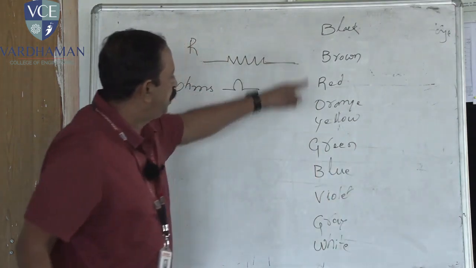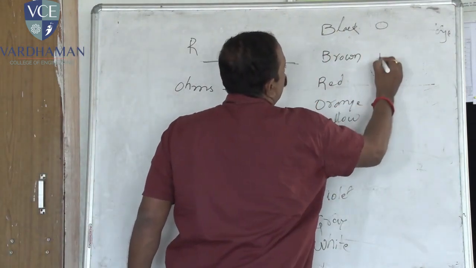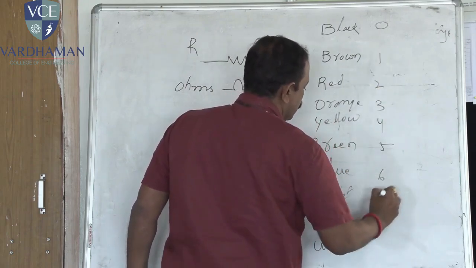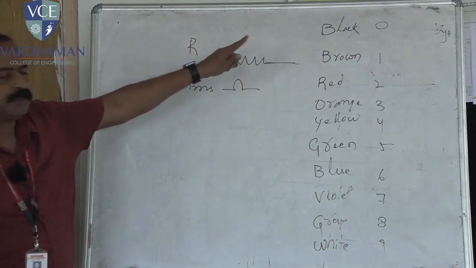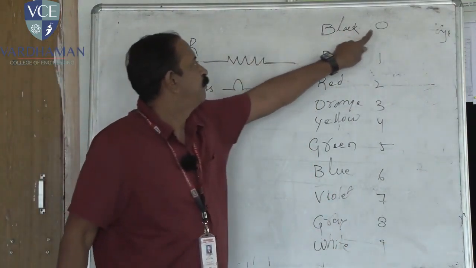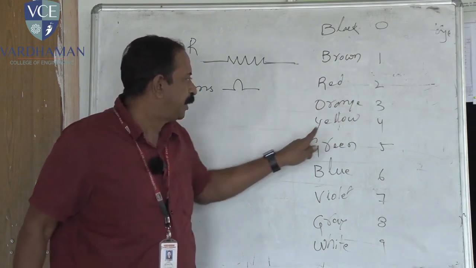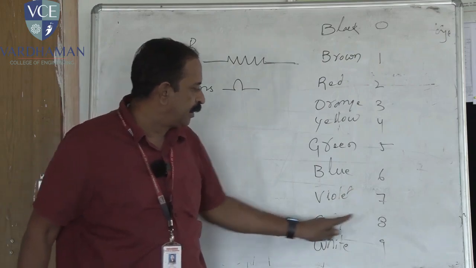These are the colors, and the values are given as 0, 1, 2, 3, 4, 5, 6, 7, 8, 9. Every color has its own value. Black is 0, brown 1, red 2, orange 3, yellow 4, green 5, blue 6, violet 7, grey 8,